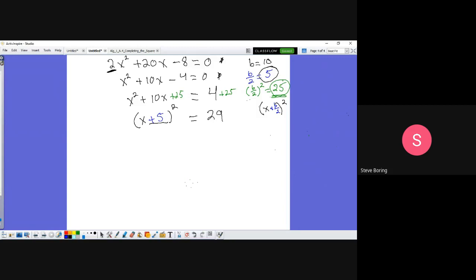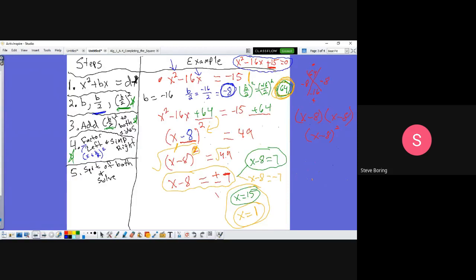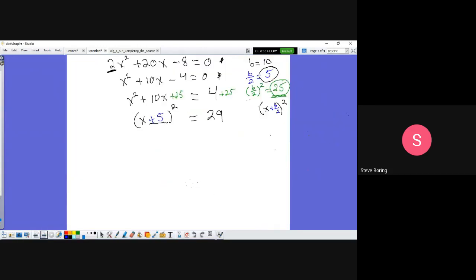So now we are on step 5. Square root both sides and solve. So to get rid of that square, we square root. So to get rid of this, we take the square root. If I do it to that side, I have to do it to this side. So square root and the square cancel out. We're left with x plus, I'll keep the color coding going, 5